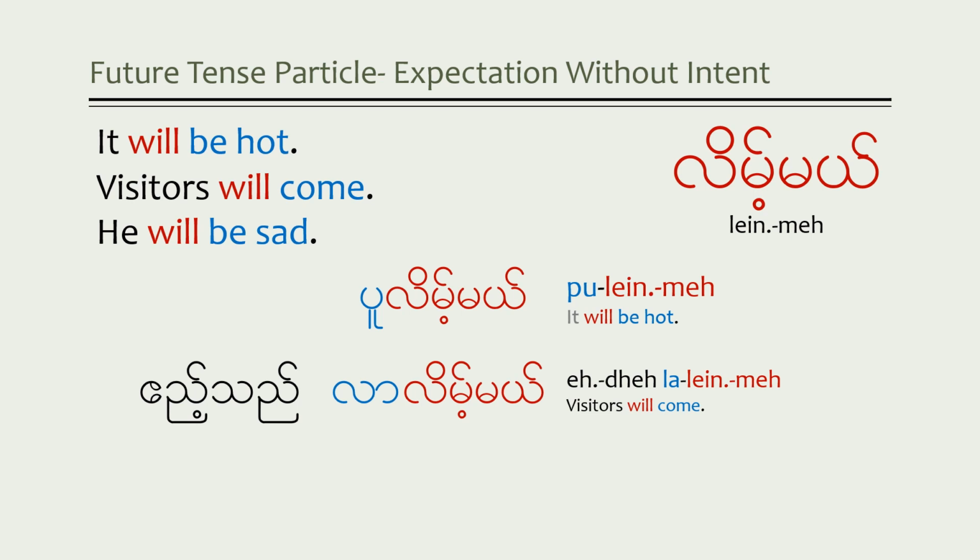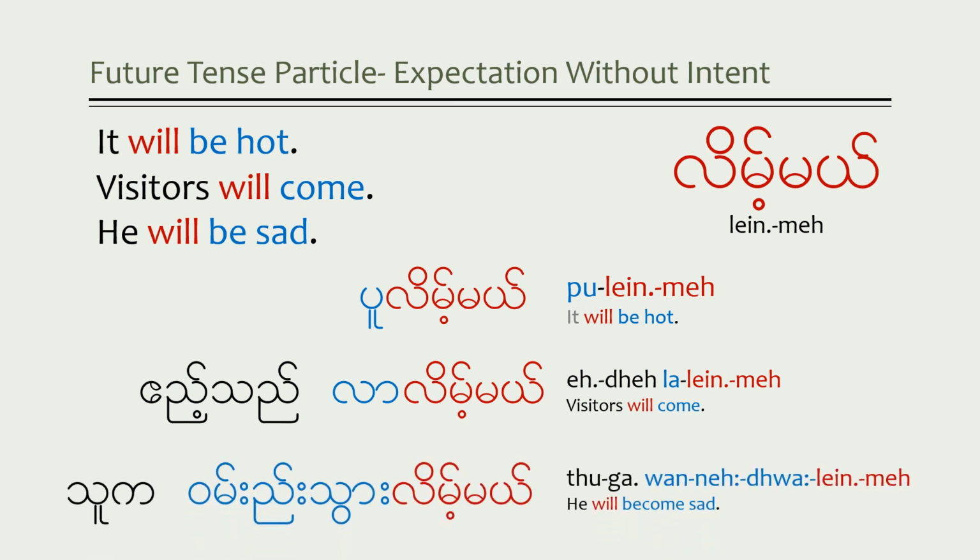Ede la me. Visitors will come, or visitors are coming. So you invited some friends to come and visit. They told you they're coming, but you're really not sure when. You expect them to arrive. You're sure it's going to happen, but you don't really have any control over it. So this could be a place where you would use that combination.